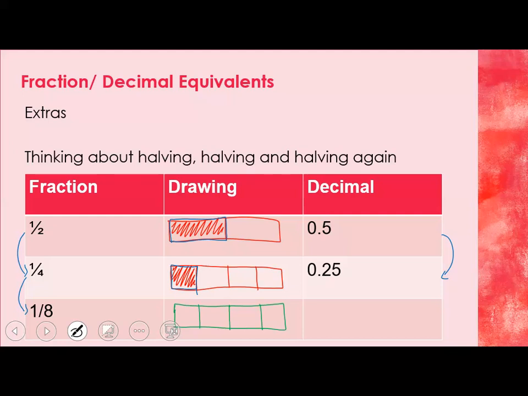How am I going to split this into eighths? I need to split each of these quarters into half again. 1, 2, 3, 4. So how many equal parts have I split the bar into now? Well, 1, 2, 3, 4, 5, 6, 7, 8. One of them